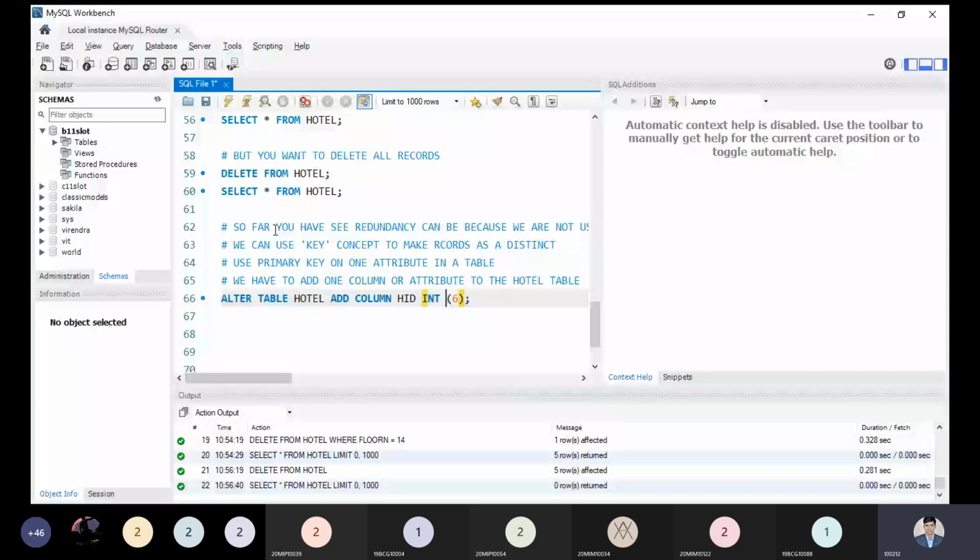First we have to add one column, and after that we can make this column our primary key, or you can add primary key while creating the table. I will tell you later, but let us understand: if we have an existing table, how can we add or modify such a part? Add column name: we use HID, that is the hotel ID, and its data type, that is integer, and its size, that is 6. So we are doing the thing properly. Tell me right now, any doubt if you have?